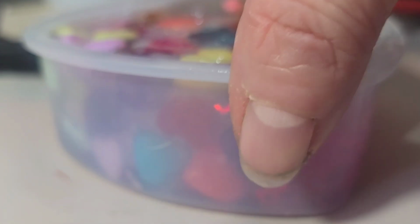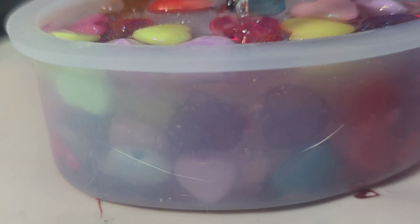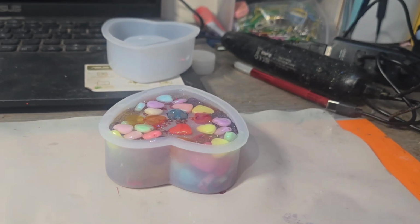What I might do, I don't want to disturb all the hearts that are on the bottom. So let me turn this round. Yes, I have got this hand's glove off at the moment. Get this one. You see that rising up there? Quite a few bubbles coming up. It does happen when you put inclusions in, especially inclusions that have got holes in them. But I will keep an eye on that over the next sort of half hour or so and make adjustments as required. But now we are going to